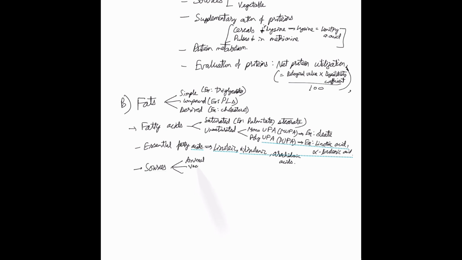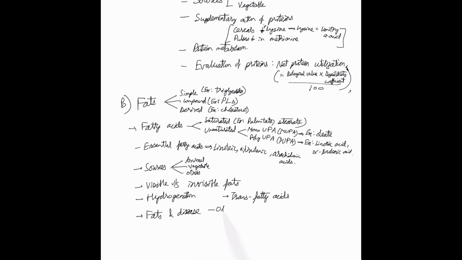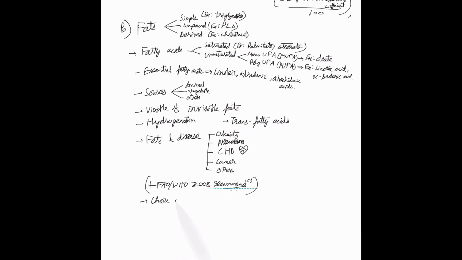Then we want to discuss what are essential fatty acids, like linoleic acid, alpha linolenic acid, and arachidonic acid, which can't be synthesized in the body, so you need to have them purely in your diet as a pure source of essential fatty acids, so to say. Then we have the sources of fats, again animal, vegetable, and other sources. And then we also discuss visible versus invisible fats, and then hydrogenation of fats, and then trans fatty acids, and